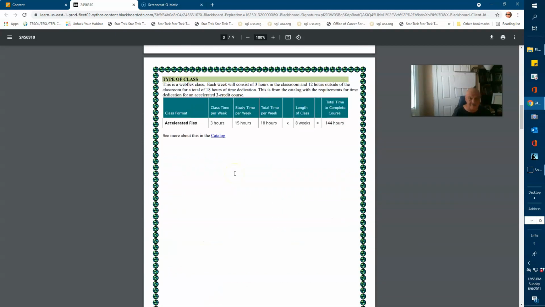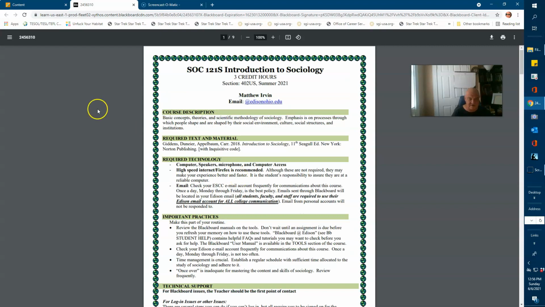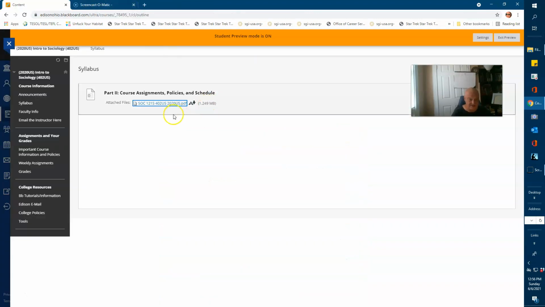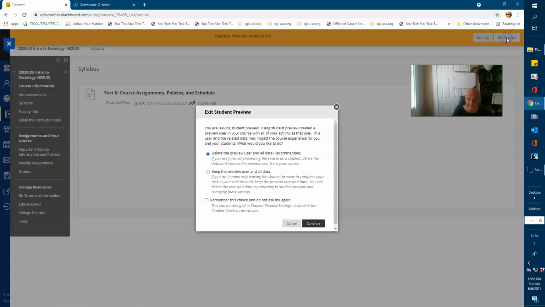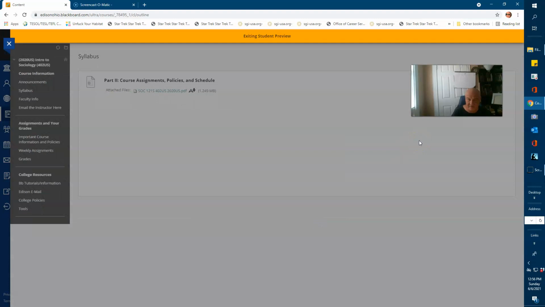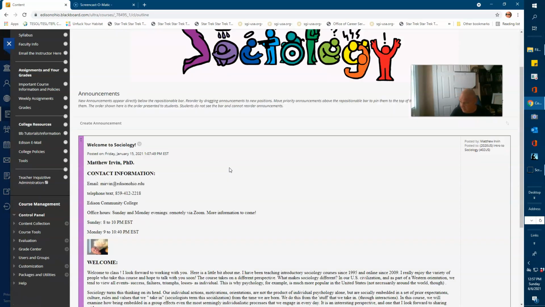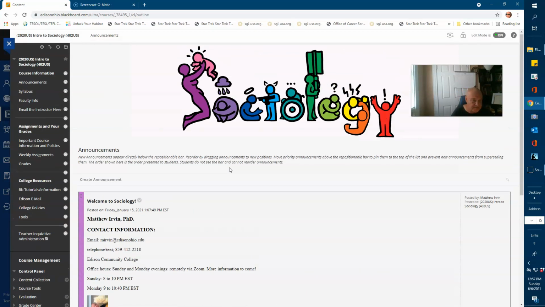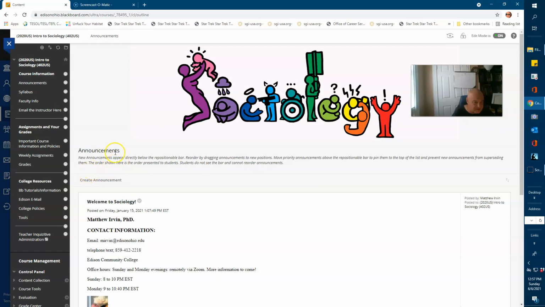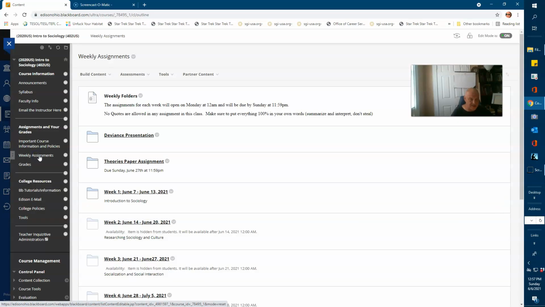So let's go back now and take a look at what we need to be doing starting today. I need to make sure, let me get out of here for a moment, exit the student preview. I need to go make sure that make available. Class is now available. You should be able to have a look at it. All right, great. Let's go back down. The main place you want to go, and I want you to begin this evening or tomorrow to be really looking at this, is weekly assignments, okay?